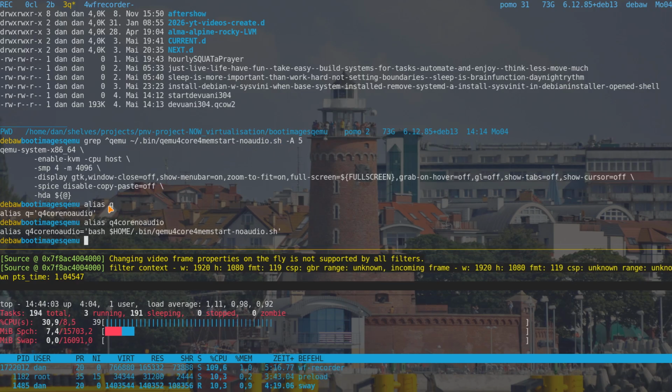So I created an alias as well, alias q. This alias is linked to another alias, which is just linked to the script, because I have multiple scenarios and multiple scripts. So I have multiple aliases to start very fast. In this case, q is starting my whole qemu script,